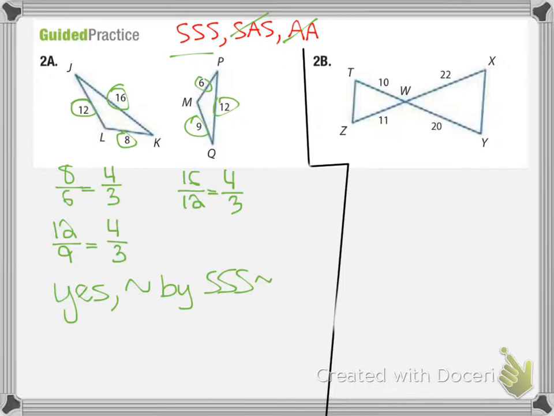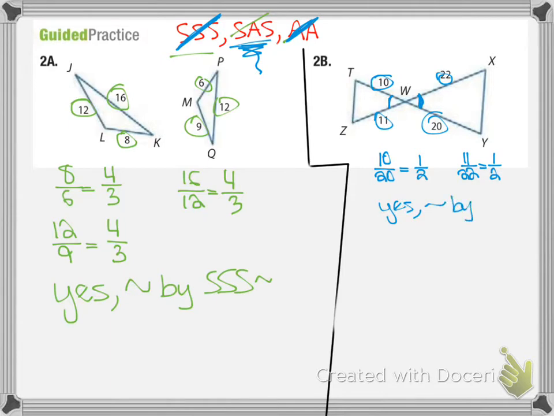And then the very last one, here I do have some angles to work with. I don't have more than one though, so I can't use AA. I don't have all three pairs of sides, so I can't use SSS. So the only option here would be SAS. And I do have this pair of vertical angles that allows me to do that, and it is included in those sides. So again, we're going to do this one the same way. We just need to check that the sides are proportional. So the smaller side pairs up with the smaller side. So 10 over 20, that reduces to 1 over 2. And then I have 11 over 22, which reduces to 1 over 2 as well. So yes, these are also similar